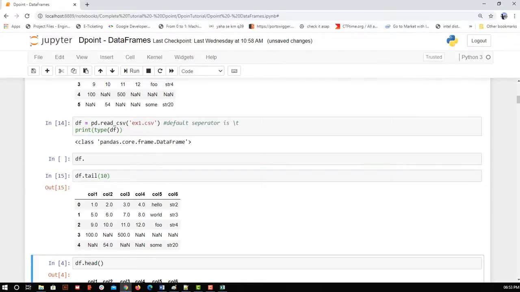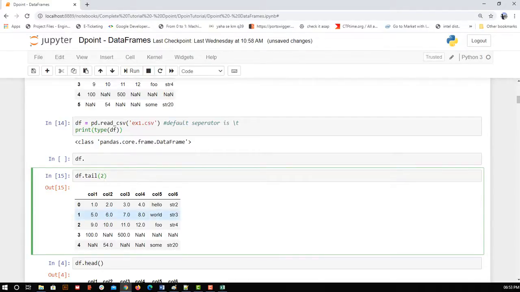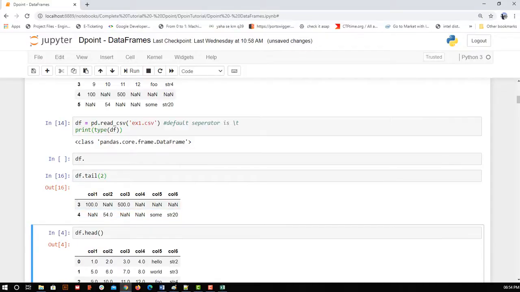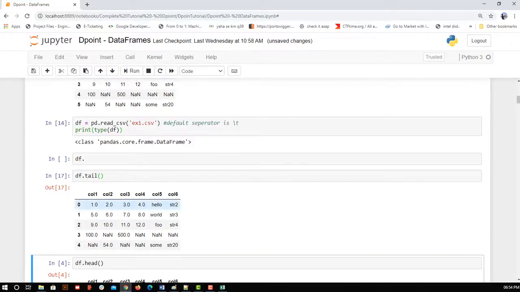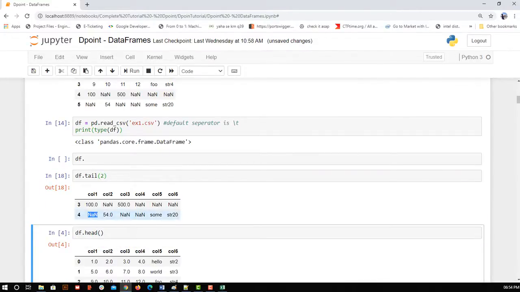Here you can see I have a total of 5 records, so it is not giving me an exception, but based on its understanding it gives me all the available records out of the last 10. But if I want to fetch only 1, I can do that as well, or only 2. Let me execute this again. Before that, this was the last 5 records, and the last records are nan and 100. Now let me fetch the last record, and I get the last one. I hope this is clear.